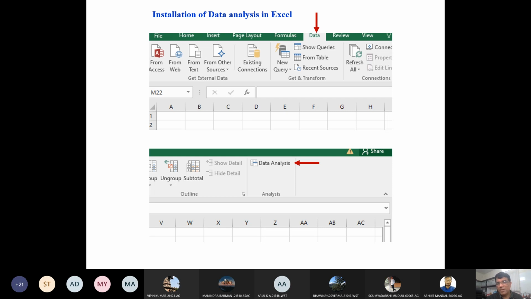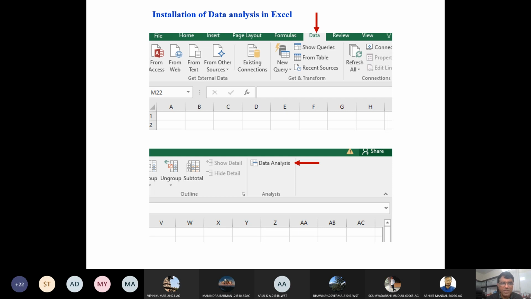you can find data here. I put one arrow and you go to the data. Here you will find statistical analysis software. But those who use this Microsoft Excel first time, they need to install the analysis tool pack. So you can see number 2 here, arrow, where data analysis is given. In your Excel, it may not be seen. You need to install it, which is there inbuilt in your MS Excel.